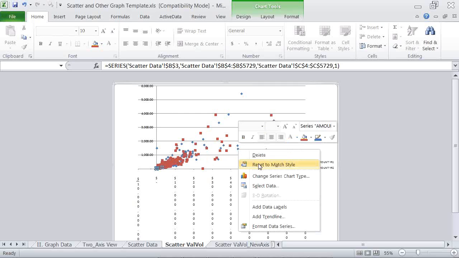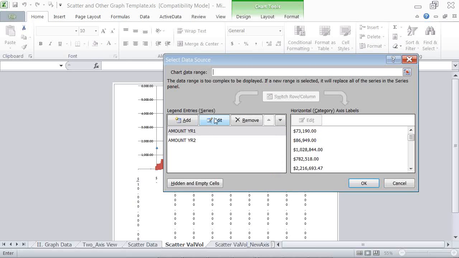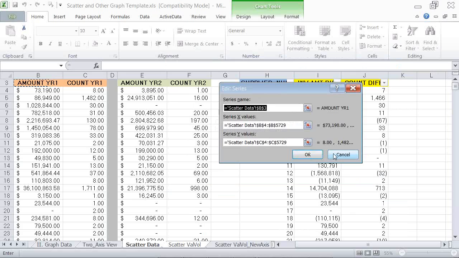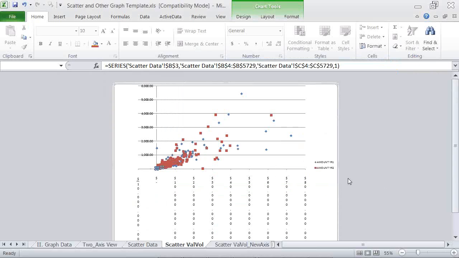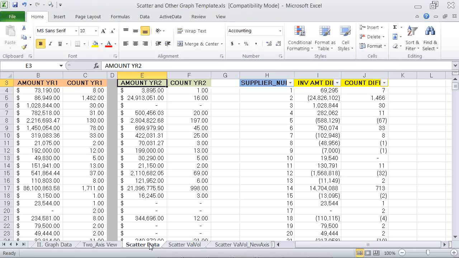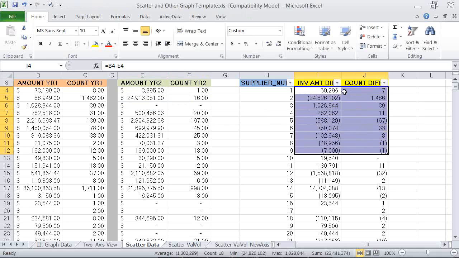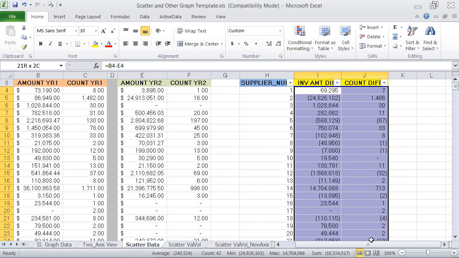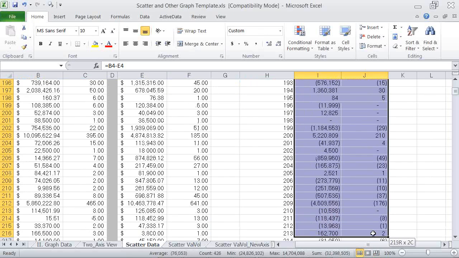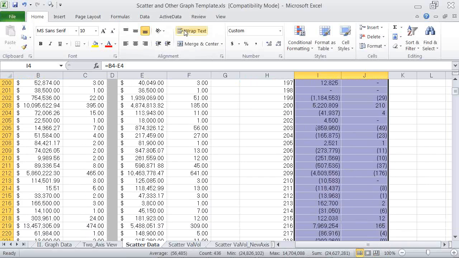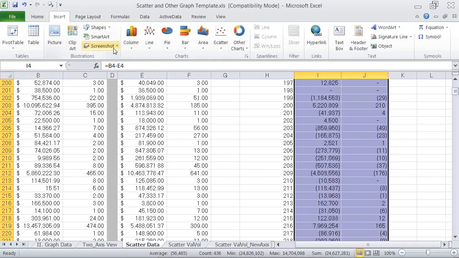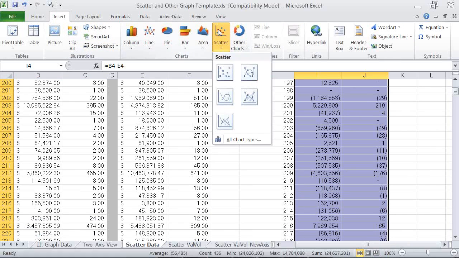The reason I've created those two data series is because I got beyond the Excel limits that Excel wanted me to work with. What you can do is set up two different data series. In this case, we're actually graphing columns I and J. You're welcome to make one data series and make that chart. Let's just insert a small scatter graph here.